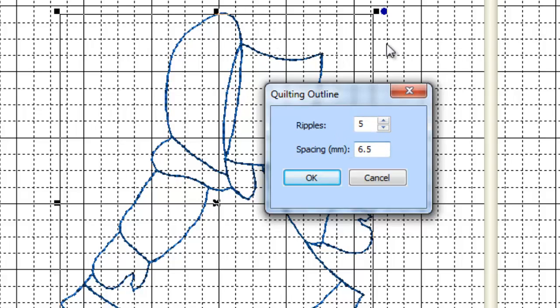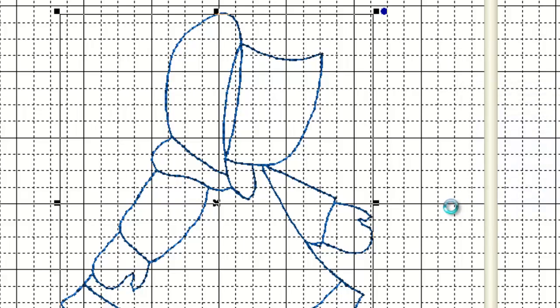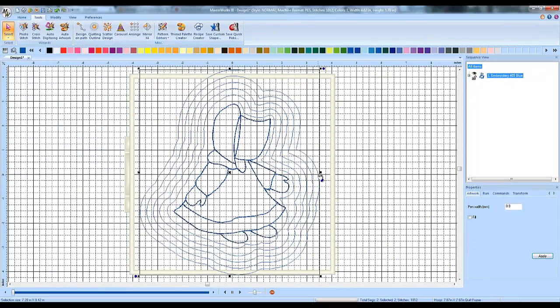This is actually probably going to be bigger than my 8x8 hoop that I have selected here, but that's okay, so we're not going to sew it out. At least I'm not going to. You might, so you might want to make your design the size that's right for your hoop. But anyway, when you're satisfied with the ripples and spacing, click OK. It's going to think about it for a minute, and then it will put this nice quilting outline around my